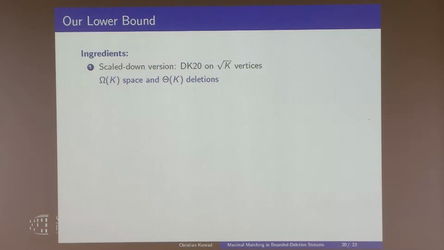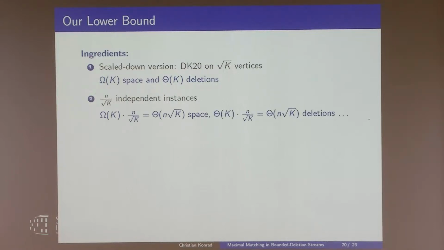So the next idea would be to say, okay, we only use so far square root k vertices, but the graph has n vertices. So let's repeat this gadget independently n over root k times. Then we actually get our n root k space lower bound, because we have an omega of k lower bound for one instance, repeated n over root k times. This gives us our n root k lower bound. But the problem is that the number of deletions increases because every single copy itself has k deletions. But then,